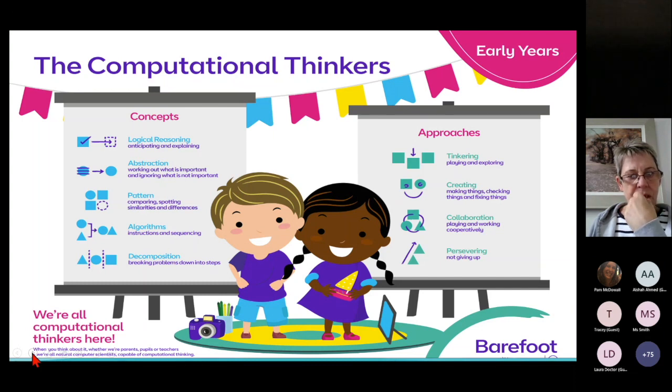You just register. You can also get a free workshop from Barefoot, or you can go into DigiLearn Scot to have a look at some of our previous Barefoot workshops. But I can't stress enough, because it's just so nice. It completely breaks down what we mean by computing science. And these posters, again, very, very visual. Print them out, pop them up in your staff rooms, across your settings. It's just a really wonderful resource, an absolute one-stop shop.